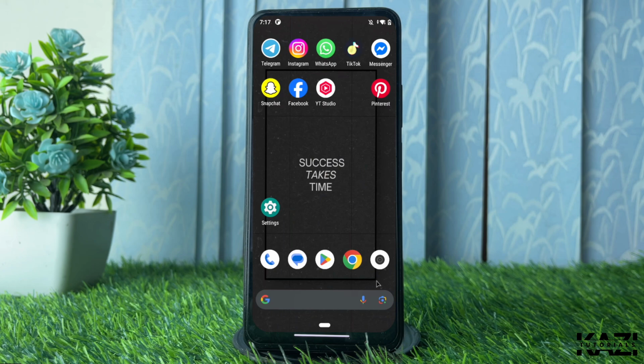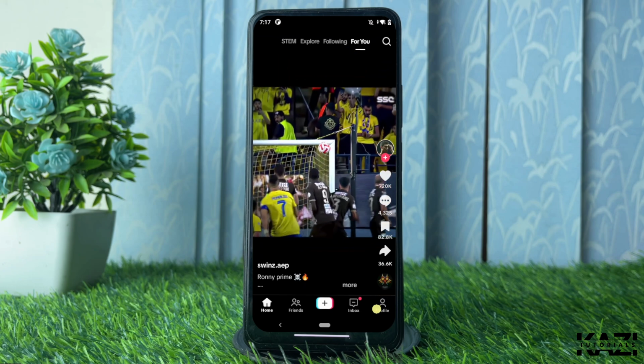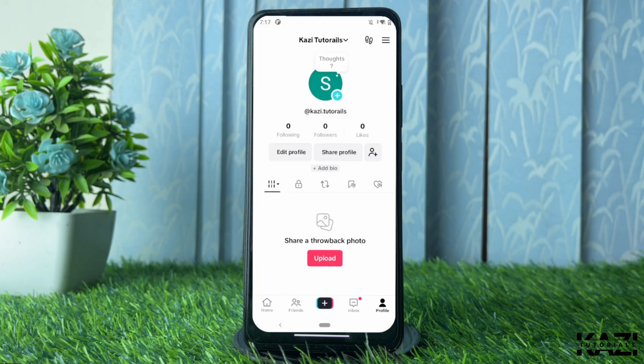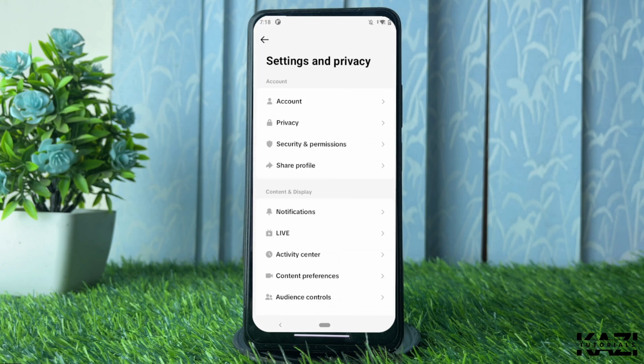First of all, for that, open up the TikTok application, and then from the bottom right side corner, you will see the profile. So select the profile, and then on the upper right side, you will probably see the three dots. So select the three dots and go with the Settings and privacy option. And once you have done that, you need to go with the Privacy option,